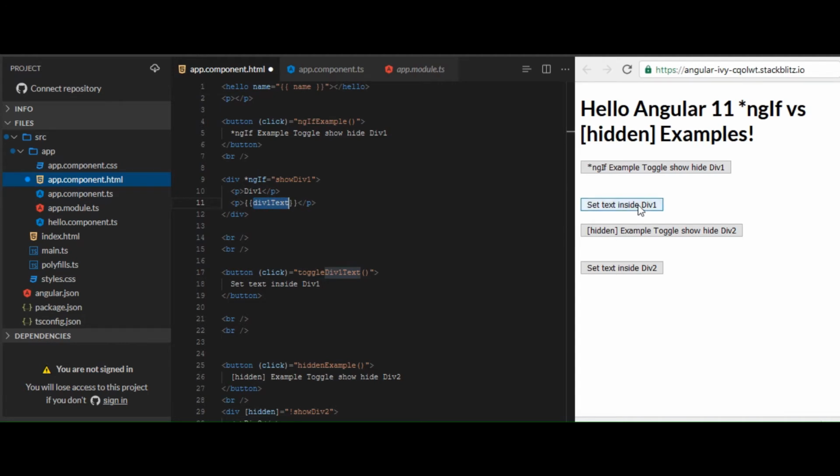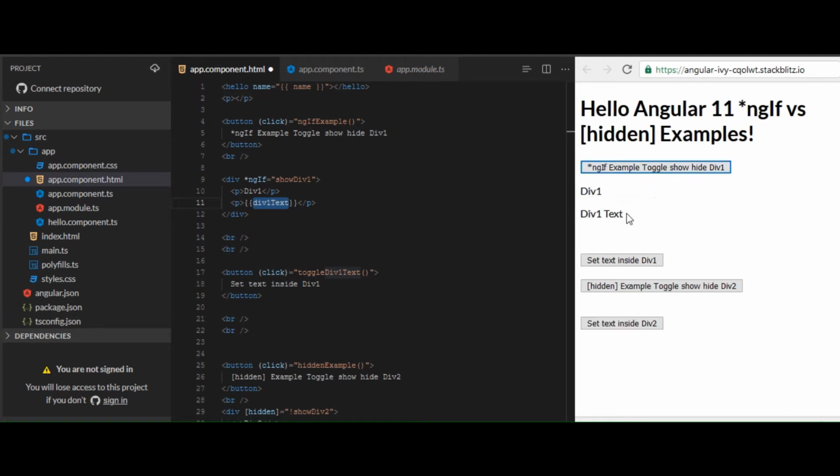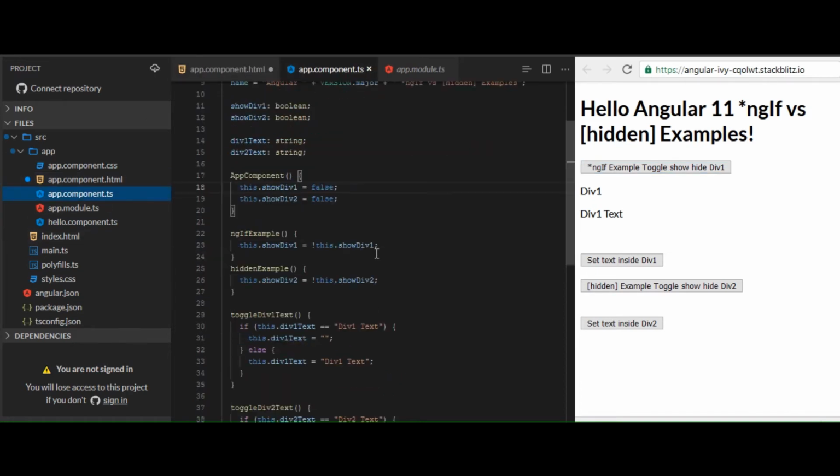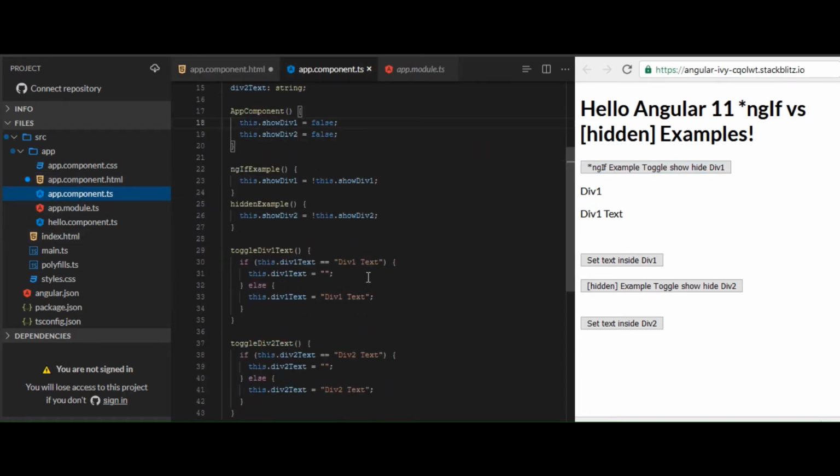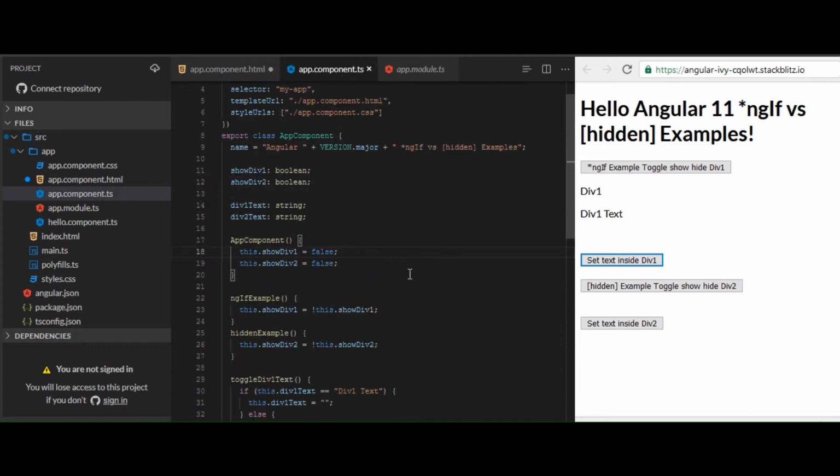So I'm clicking on this, nothing is happening. I'm just toggling, and we see the div1 text is being assigned through this functionality. Again, the toggling is happening here. The thing is, earlier versions of Angular removed the entire control assigned with ngIf from the DOM.